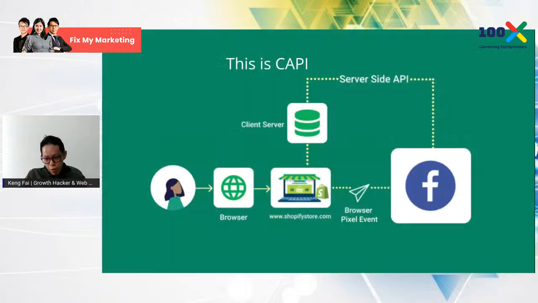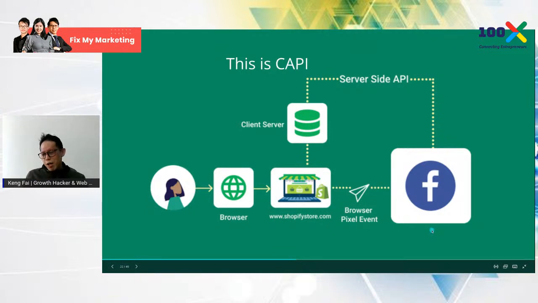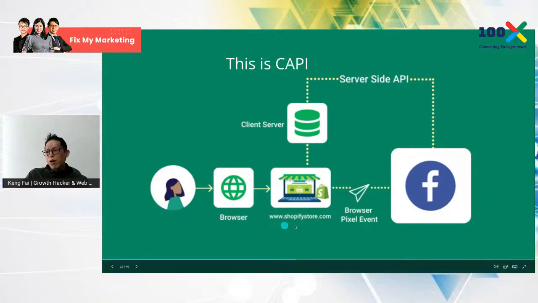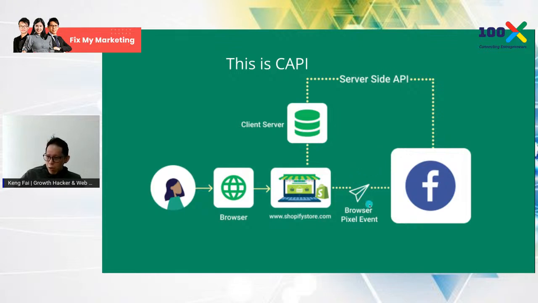So how does it really work? If we use the legacy method, which is the pixel, I think you guys know about the Facebook pixel. We've talked about this thing for almost 2 years. Pixels actually have code stored in your browser and know who you are coming from. Let's say you go from a Shopify store to Facebook. That's how it works. Right now, if this is blocked, Facebook will not know anybody came from the website based on your ads. They will know that person clicked it, but what happened on the website they do not know, because it's totally blocked at this end.